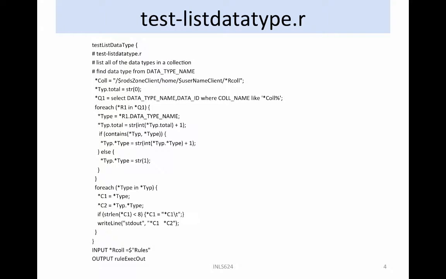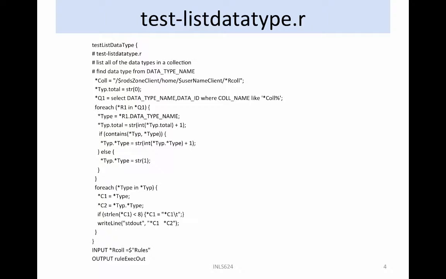The rule test list data type.r is shown here. The rule is available at LifeLibZone Home RW More Rules Test List Data Type.r. The rule has an input parameter, *Coll, which defines the collection that will be processed. A query is constructed to retrieve the data type name for every file in the collection. The contains policy function is used to check whether the list